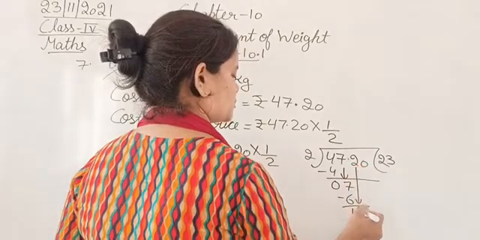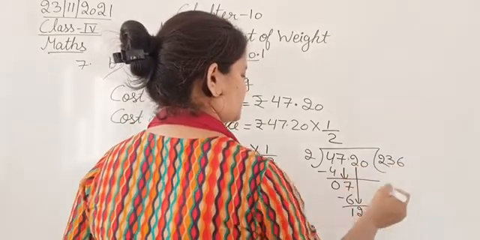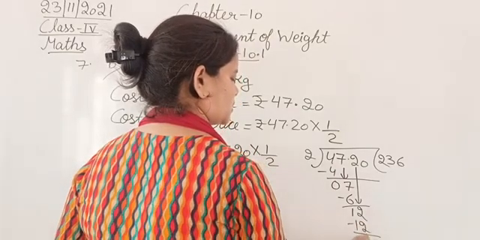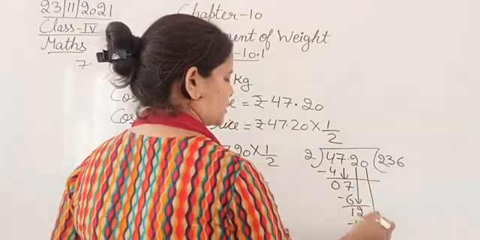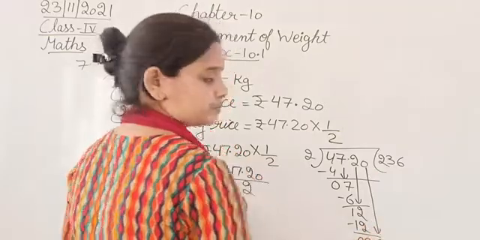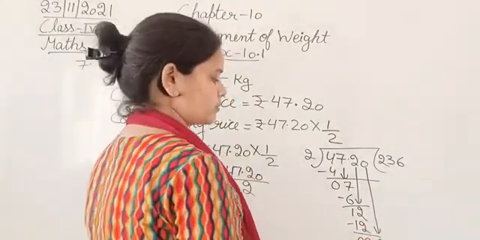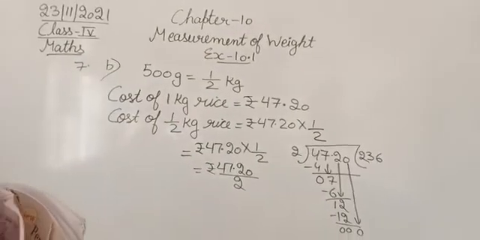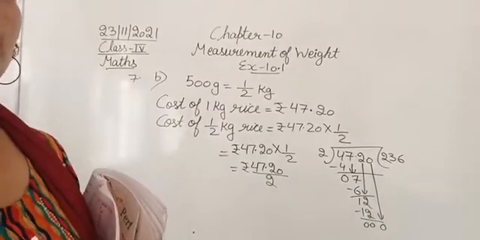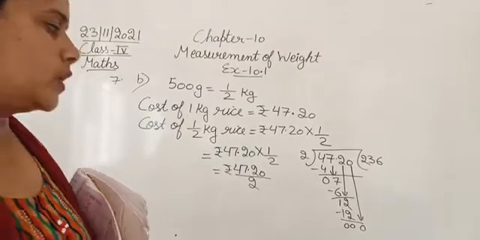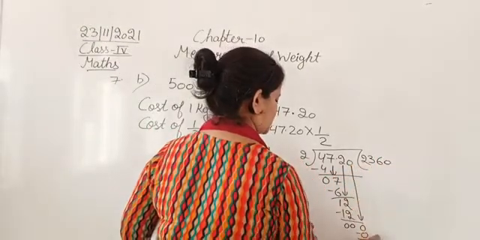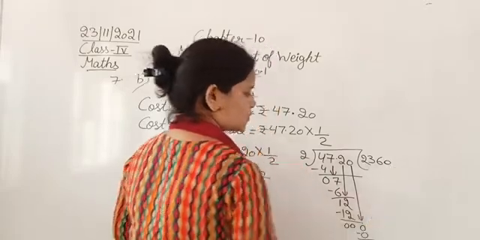Bring down 2. 2 6s are 12. 12 minus 12, 0. Bring down 0. Now 2 zeros are 0, nothing. So we got